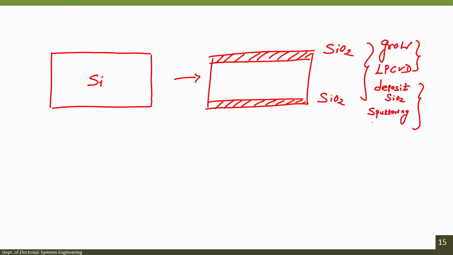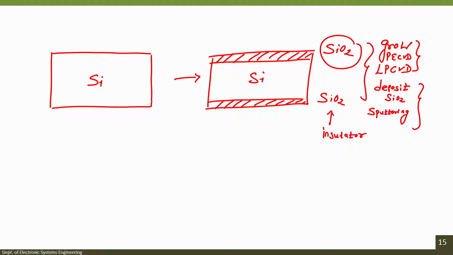If you want to grow, you can also go for PECVD. PECVD is plasma enhanced chemical vapor deposition. LPCVD stands for low pressure chemical vapor deposition, and this is for the growth process, growing SiO2. SiO2 is silicon dioxide, and you know silicon dioxide is an insulating material, an insulator. Our silicon is a semiconductor.